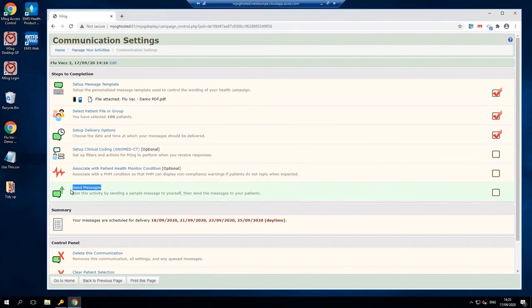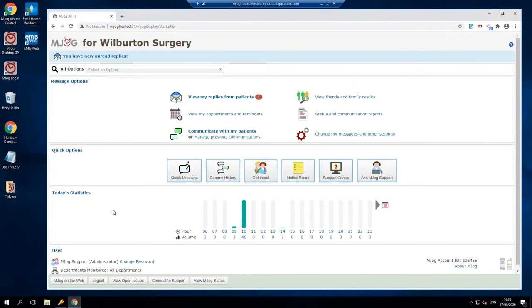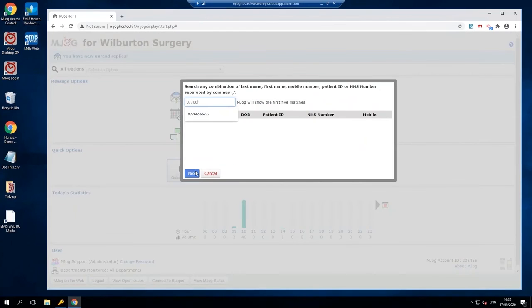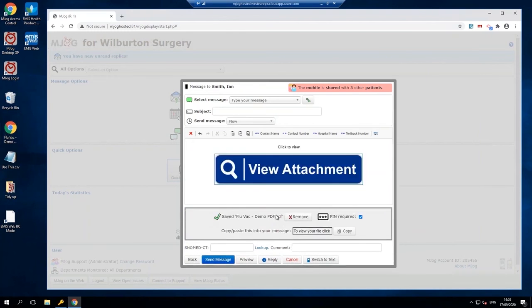All well and good, we can get in and send our messages. Same page as before. Button at the bottom to send it, and we can send ourselves a test up front if we need to. So we've got a normal message out, which we can just do by text and just type it and text it. We've got our attachments one, and we can use our templates for that. Indeed, we don't have to even use a template for that. We can attach files to even a quick message, for instance. I could look up whoever it needs to be I need to get a message to, and I can chuck my attachment and my file at them straight away